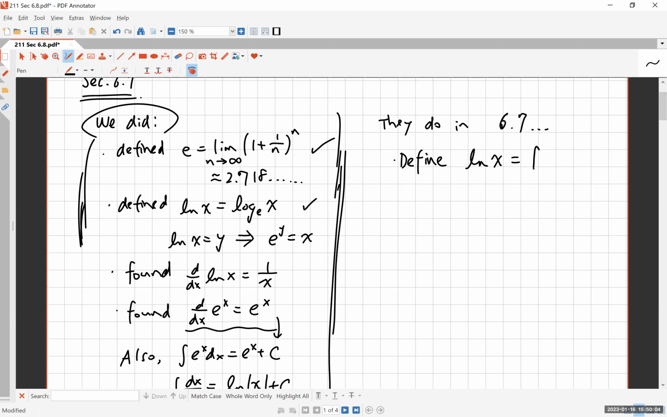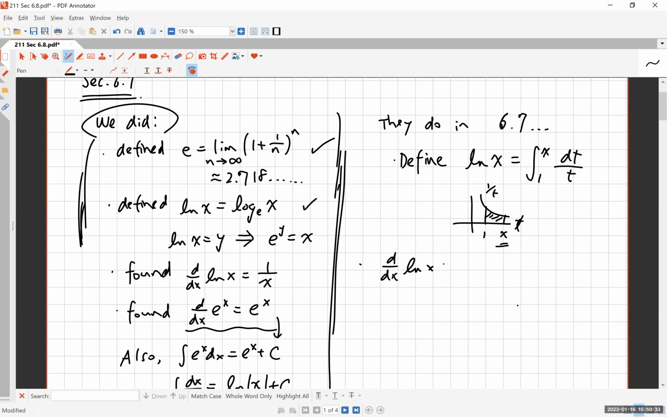Ln of x as the integral from 1 to x of the reciprocal function. So you have this reciprocal function, right? It's 1 over t, and you find the area between 1 and this point x, where x is a variable. And so if you define this area function to be Ln of x, not necessarily logarithms, okay, then of course